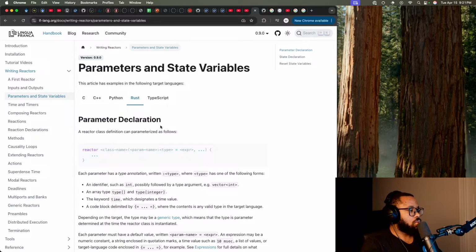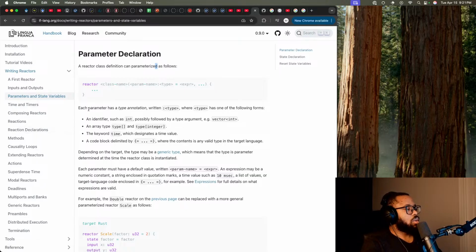Next, parameter declaration. A reactor class, not reaction class, definition can parameterize as follows, blah blah blah. Each parameter has a type annotation written as one of the following forms: an identifier such as int, an array type,